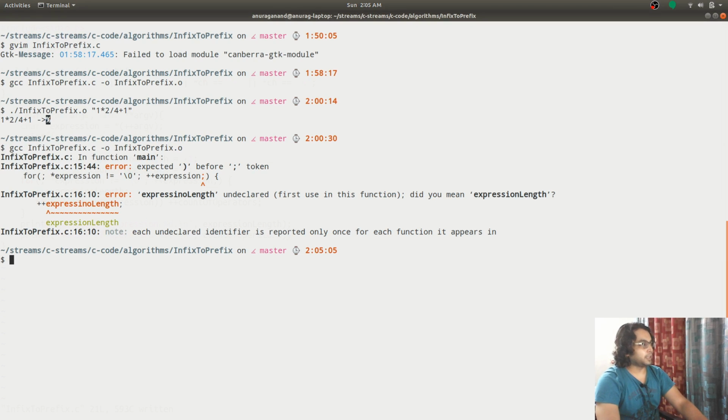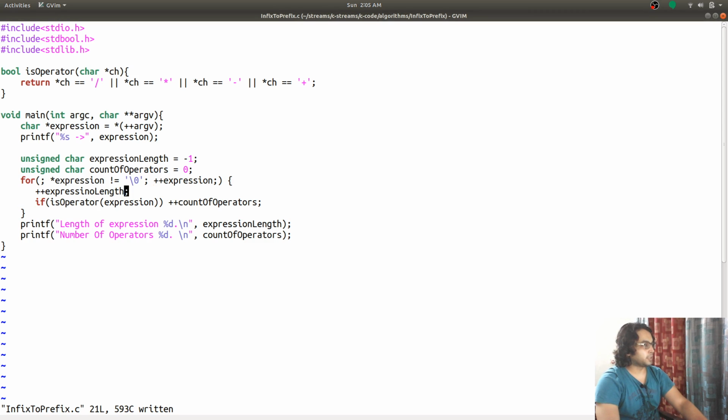Expression length undeclared. So my typo is there, and I'm going to fix that.